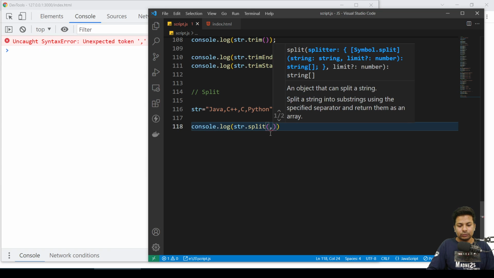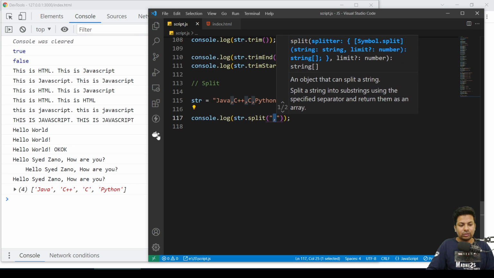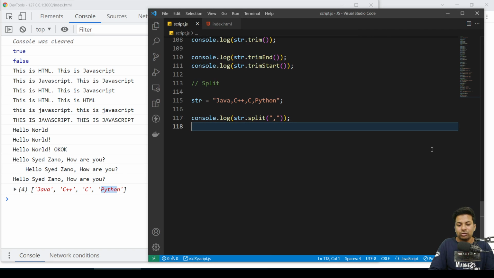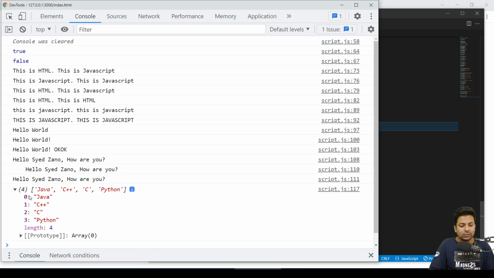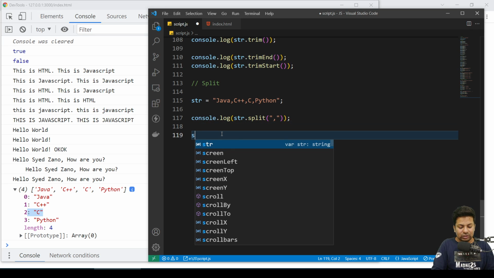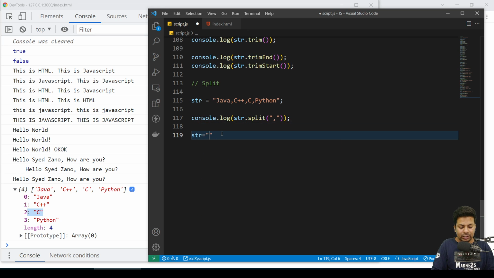Okay, it will be in strings. It got Java, C++, C, Python in an array. I will make you study arrays afterwards. Same way, suppose you have another string: hello, how are you? I want every word to be separated.